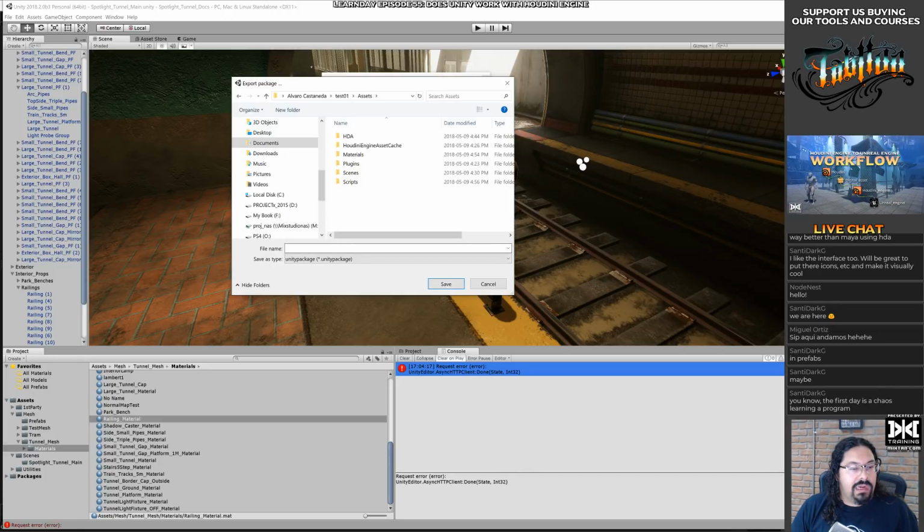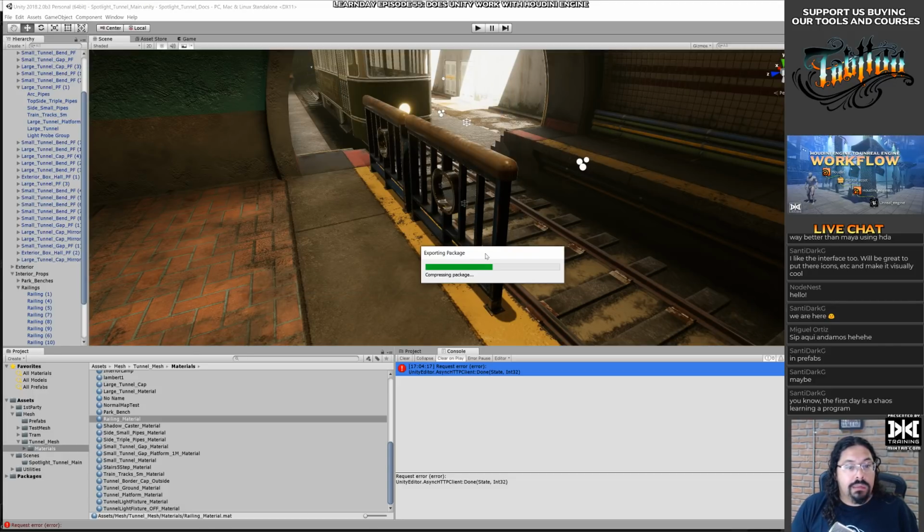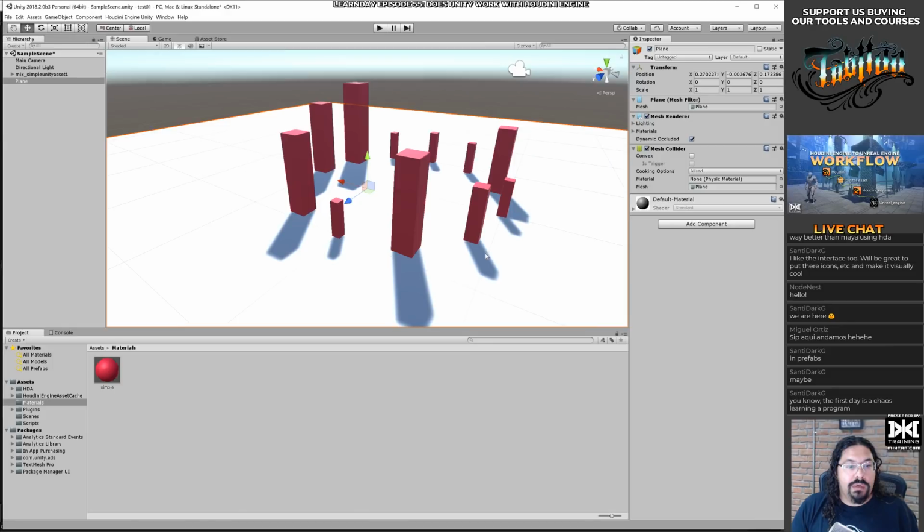Fine. Ah, it's trying to export a package. Let's put it on the desktop, I guess. Material. And then import it in the other one.